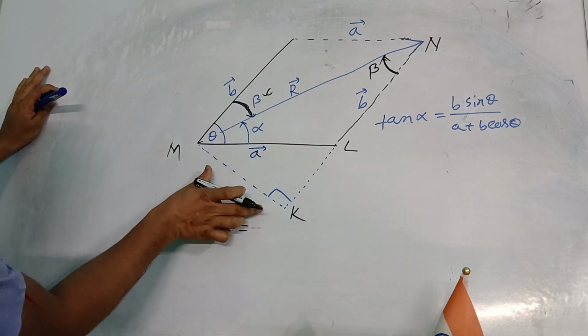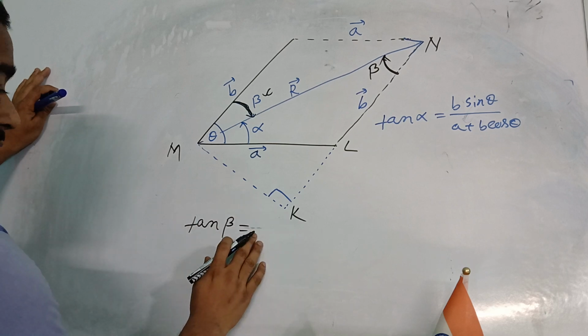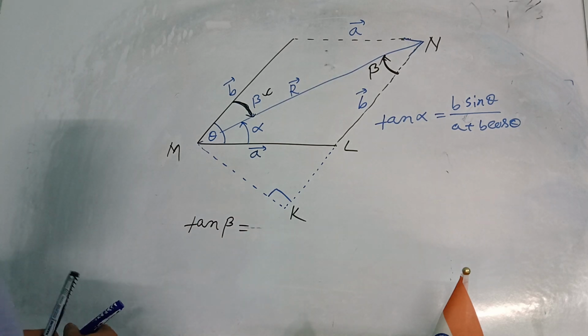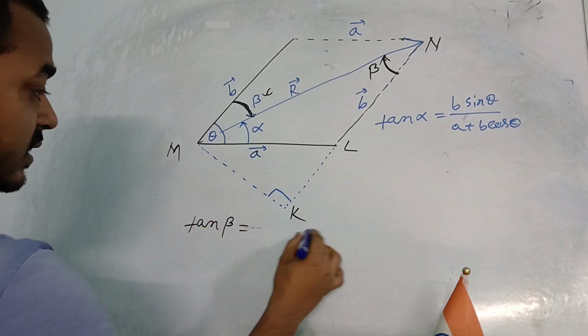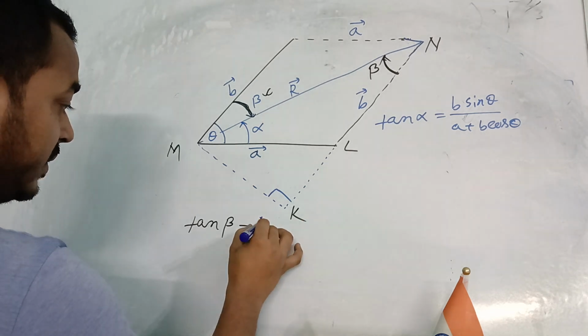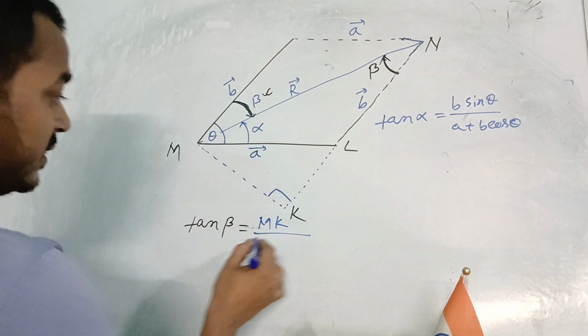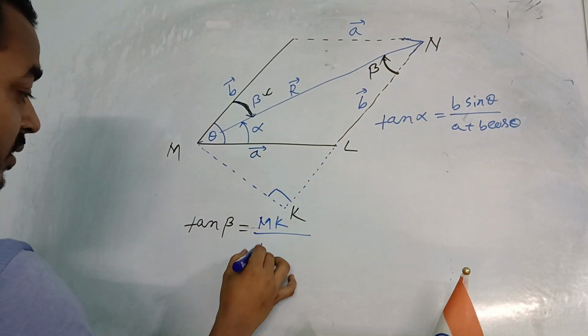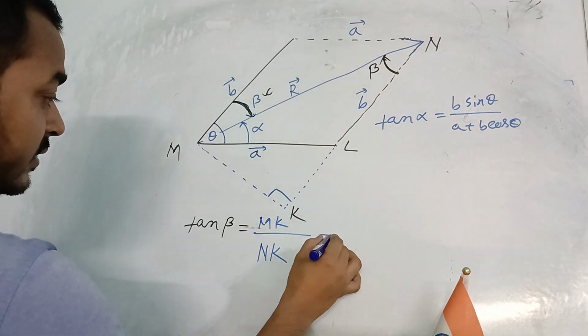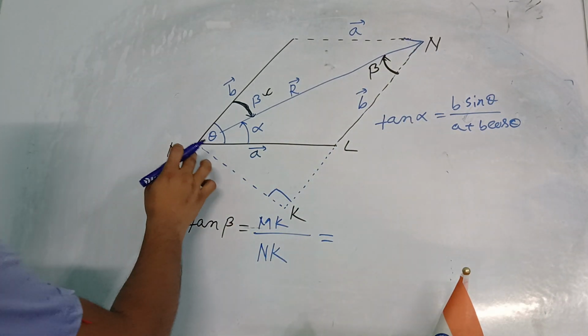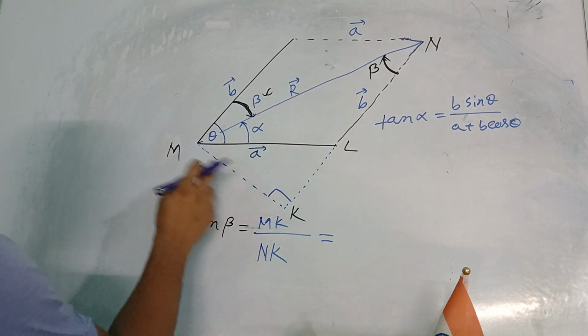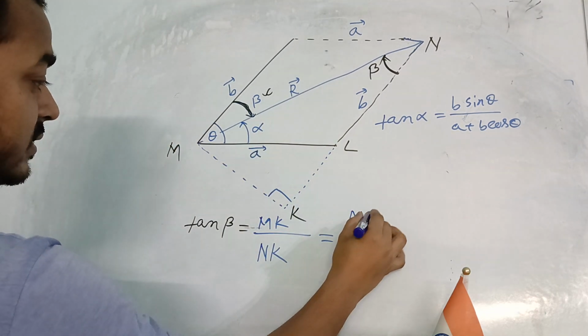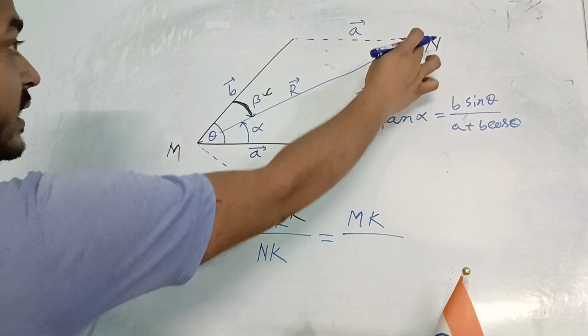Tan beta, it is this one height, so tan beta is equal to MK divided by